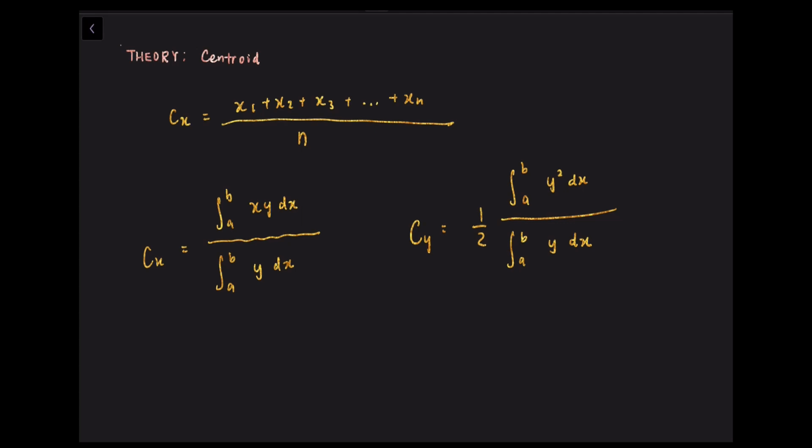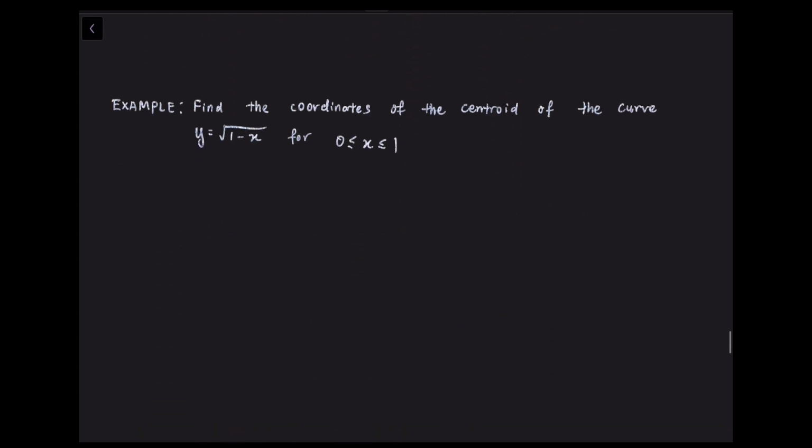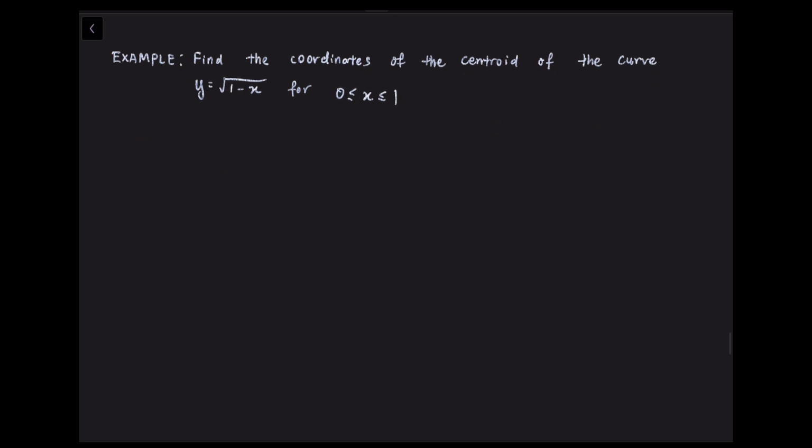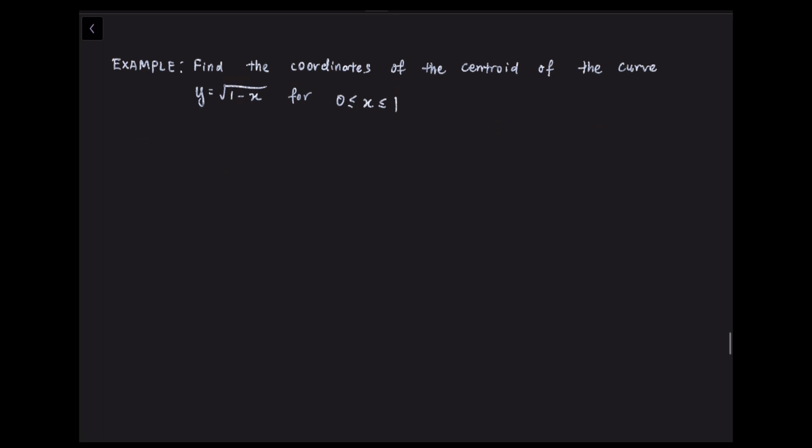So let us take a look at an example of how to use this formula. We want to find the coordinates of the centroid of the curve y equals square root of 1 minus x, for x between 0 and 1. So integrate from 0 to 1 y dx equals integrate from 0 to 1 (1 minus x) to the power 1 over 2 dx, which is a straightforward integral. So we have negative 2 over 3 times (1 minus x) to the 3 over 2,